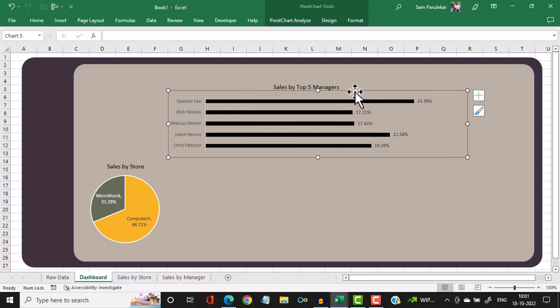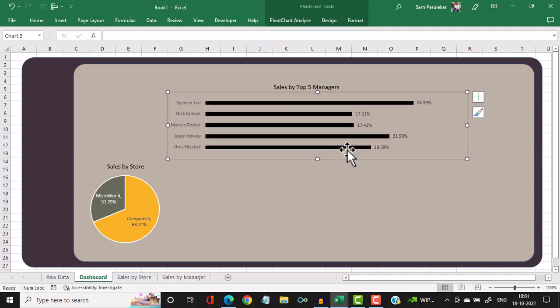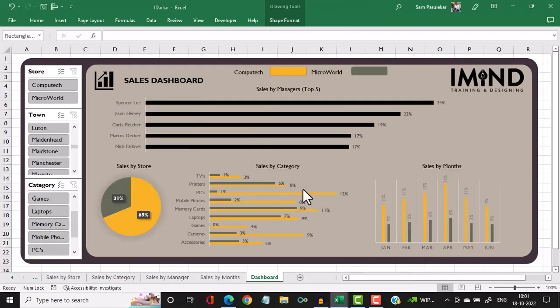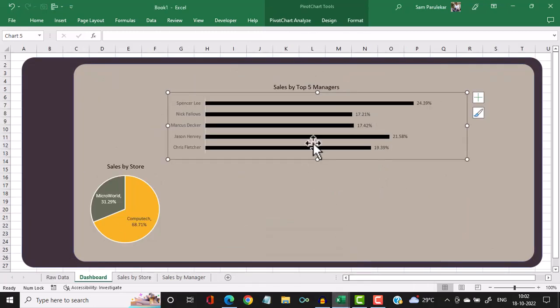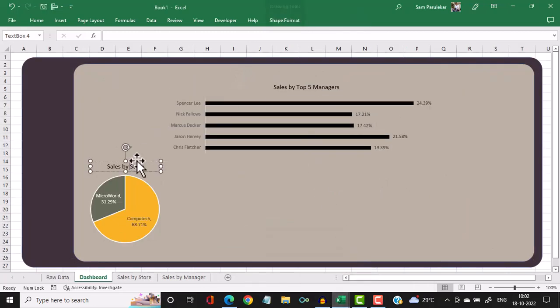Okay, so sales by manager is also ready. Now on the top we want to make those legends something similar to this, Computech and Microworld and their rectangular box. So we want to take this slightly down so that we can make space for Computech and Microworld. So we come back to our sheet and we just copy this, paste it here,